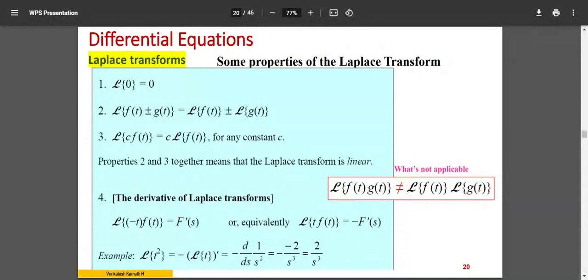Anybody knows what it is supposed to be? I don't want the exact answer, like which equation you have to use. I mean, there is a name for that particular transformation method. Heard about something like this? Heard about convolution integrals? Convolution theorem starts from there. Then the convolution integral leads to the convolution transform. Yes or no? Heard about it?